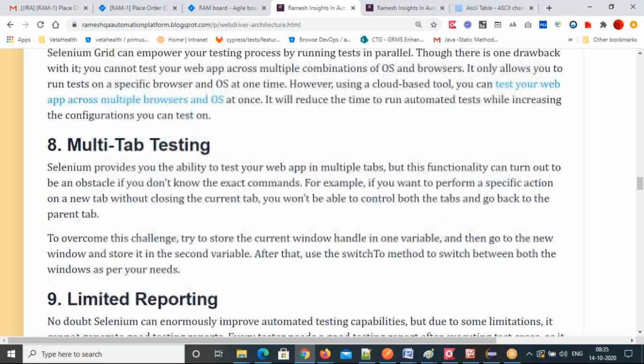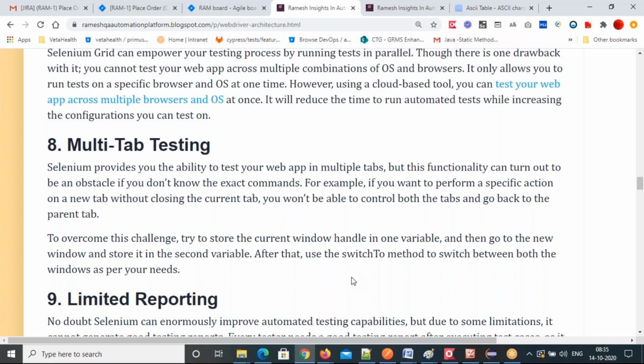So, multi-tab testing. Multi-tab testing means you are testing your web applications with Selenium test cases in multiple tabs. But this functionality can turn into many obstacles if you don't know the exact commands to switch from one tab to another tab. That will give you a problem and your test case will fail.